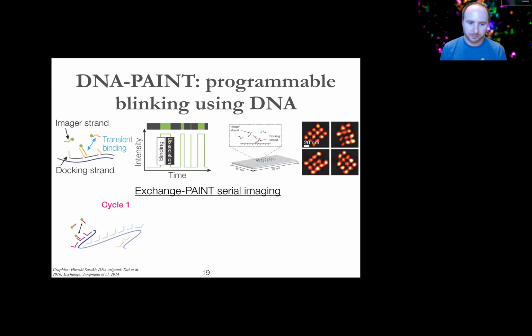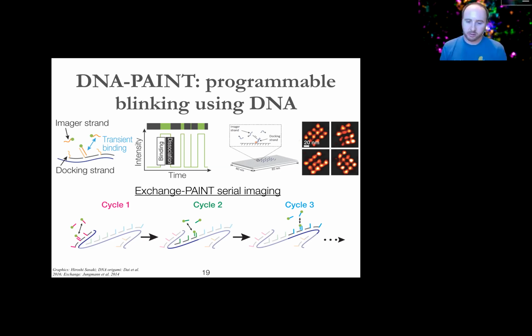And then because the binding is so transient, we can essentially just do a simple buffer exchange and then add the sequence that's complementary to the next target, which in this case is green. And the key thing here is that the fluorochrome is actually the same. So we're using the same imaging channel. We're just doing it in serial rounds. And for super resolution, that has a lot of advantages in terms of avoiding the need to account for things like chromatic aberration that can be quite tricky over these length scales.